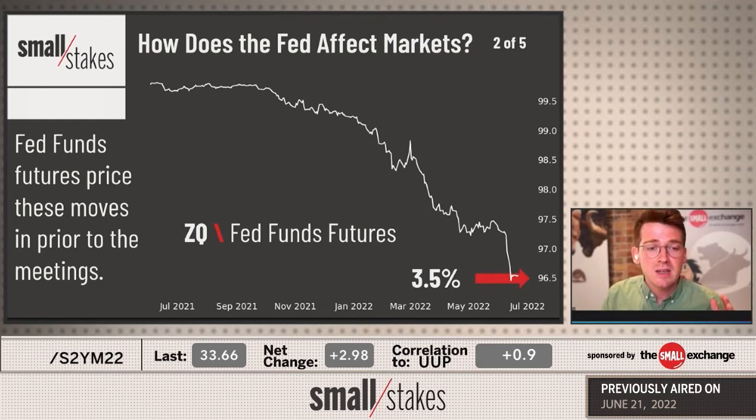You'd see the futures markets around interest rates were going haywire 2 weeks ago and last week, leading into the FOMC's event. And then when the Fed actually hiked, interest rate markets actually moved lower because the futures had already priced it in. Good example here that for 2022, the Fed funds futures right now are priced at 3.5%. They're saying that's where we think right now in June, in summertime 2022, where short-term rates will be at the end of the year. And there's going to be a lot of movement around this.